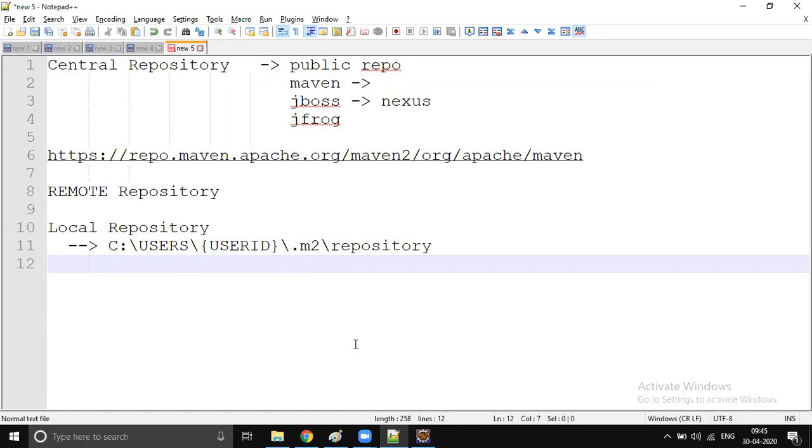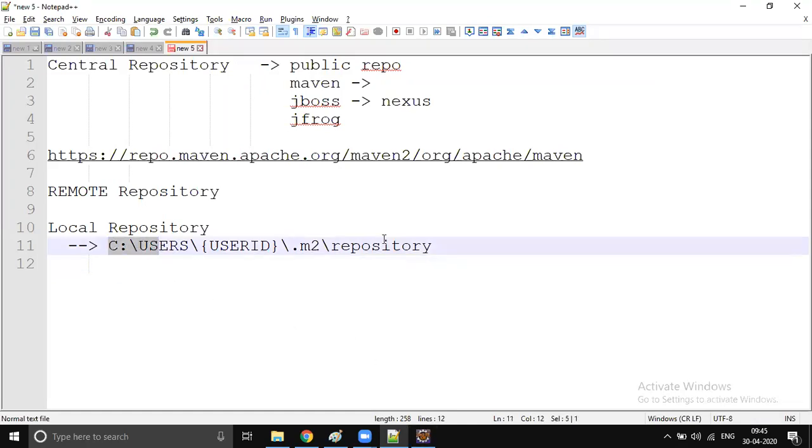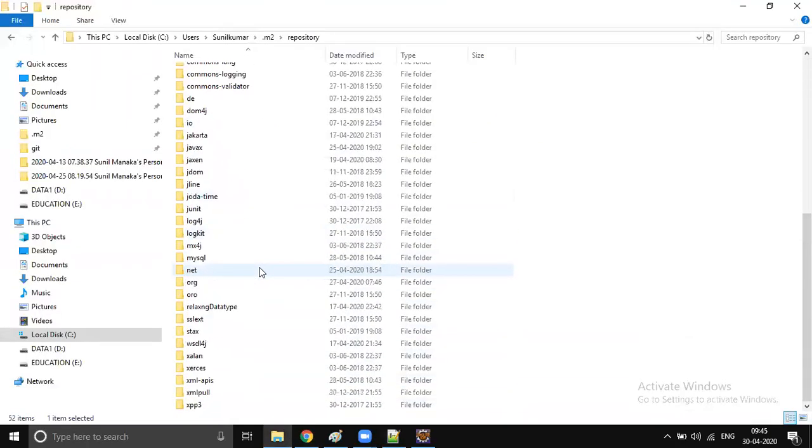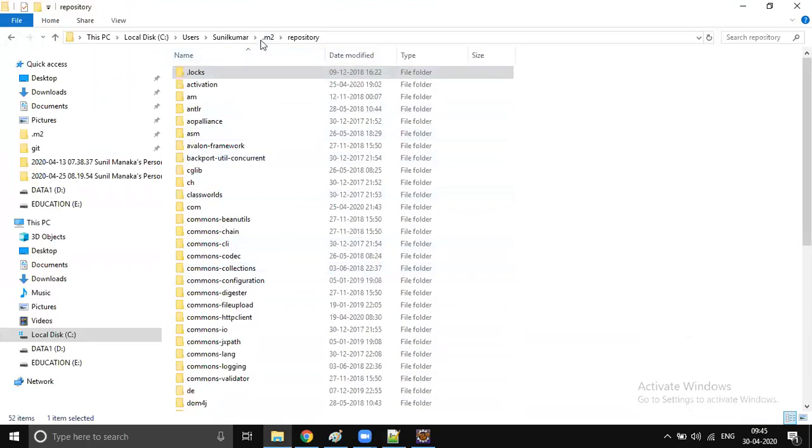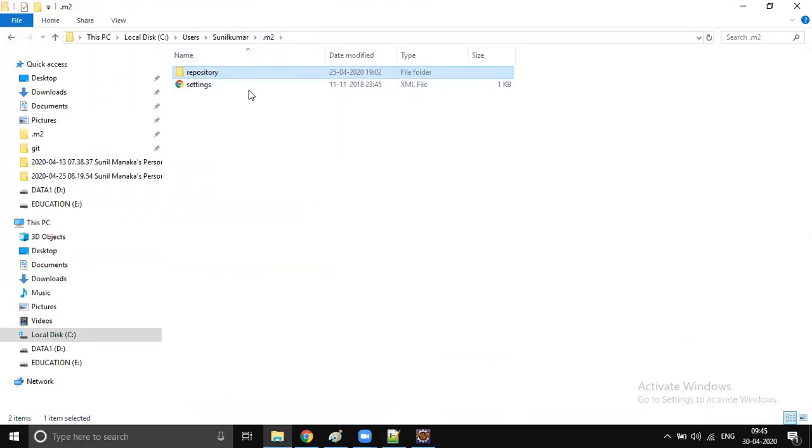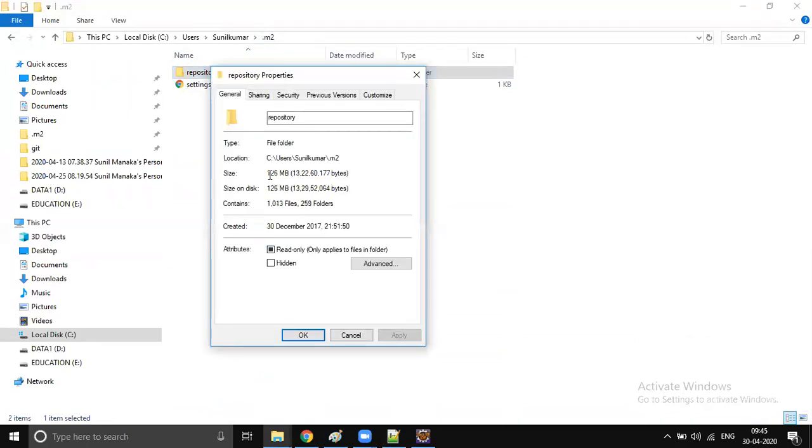Just check in your folder. You didn't create this .m2 folder and you didn't create this repository folder. Inside the repository, many files would have been created. We can also check how much space it is consuming. It will be consuming some GBs, for sure, not just MBs. And as we're going to work on microservices in the future, your system will for sure consume space in your C drive, in GBs.